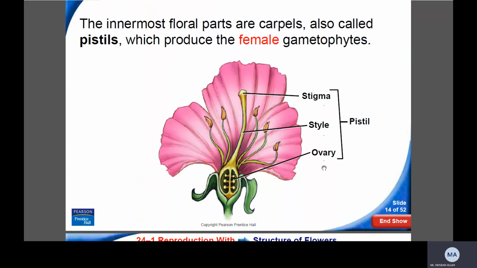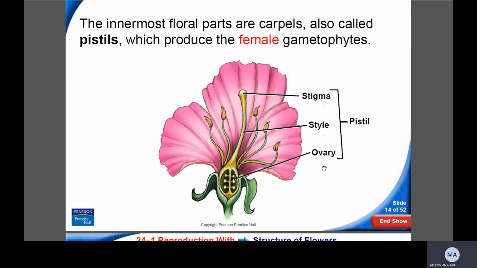With the help of wind, it can even come from here to here, right? Because this is a small part, so it's not too far. So if the slide comes here, the pollen grain which is present here can reach here with the help of the air, or insects. Even with the help of insects, yes, it can reach here. So when the pollen grain sticks to the stigma,